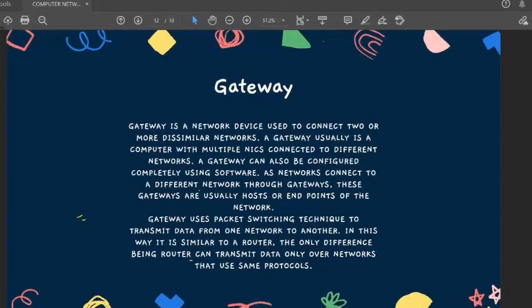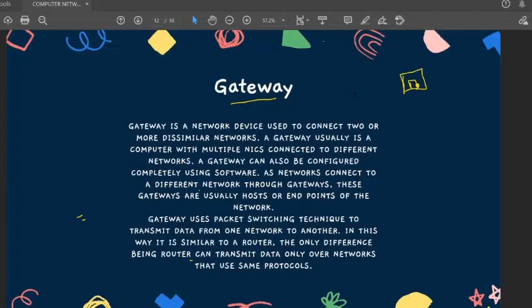Okay, fine. Gateway. As the name says, it works like a gate. Now, what is a gate? What does it do? Suppose, let me take a silly example. Suppose I don't want someone to come into my house. What do I do? I lock the door. Just the same way a gateway does.